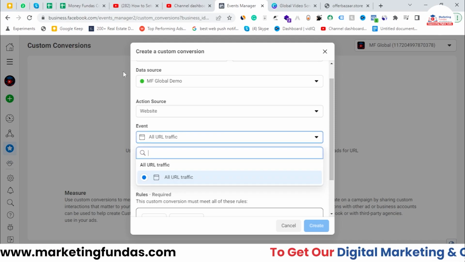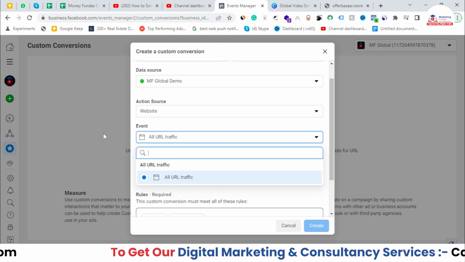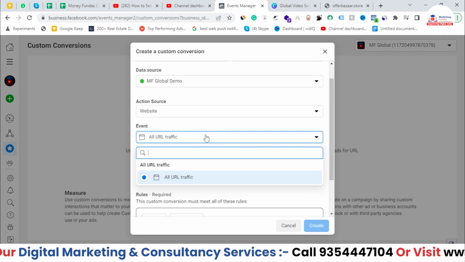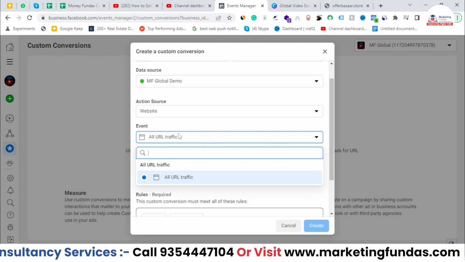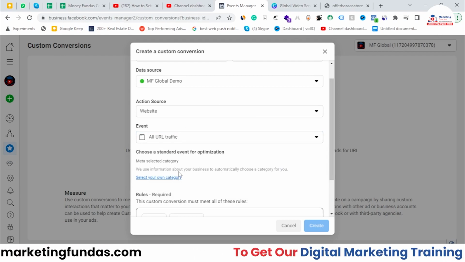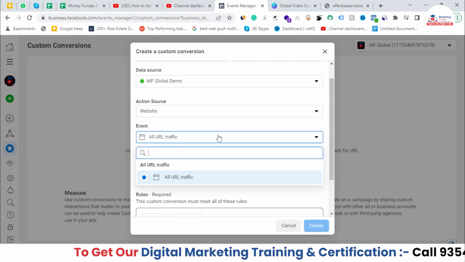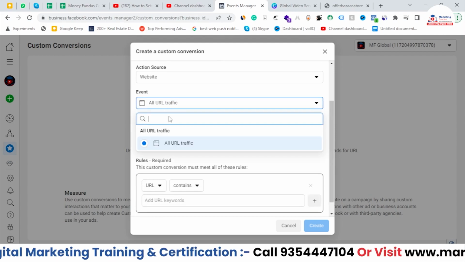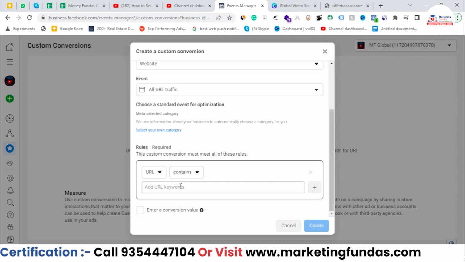So before creating your custom conversion, don't forget to create events, right? After creating events, then go into your custom conversion option, right? So I'm in all URL traffic right now. I've selected this because I only have one, and here you can set your